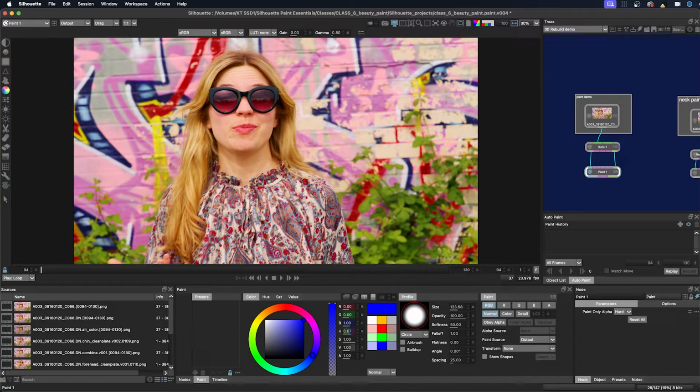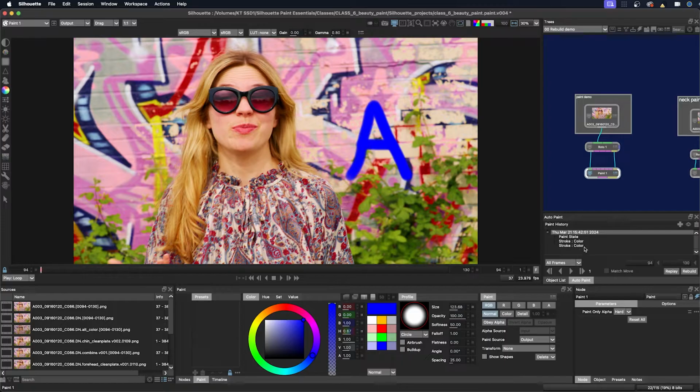Let's get started. For this part of the demo, I'm selected on the Paint node here and looking at the Paint History window. So I'll just make a couple strokes using the color brush. And you can see the strokes in the group in the Paint History window. If I want to see the stroke, I can click on the stroke and turn the eyeball on. Or if I want to see what's in this group, I can just click on the group and turn the eyeball on that way, and I can turn that off.